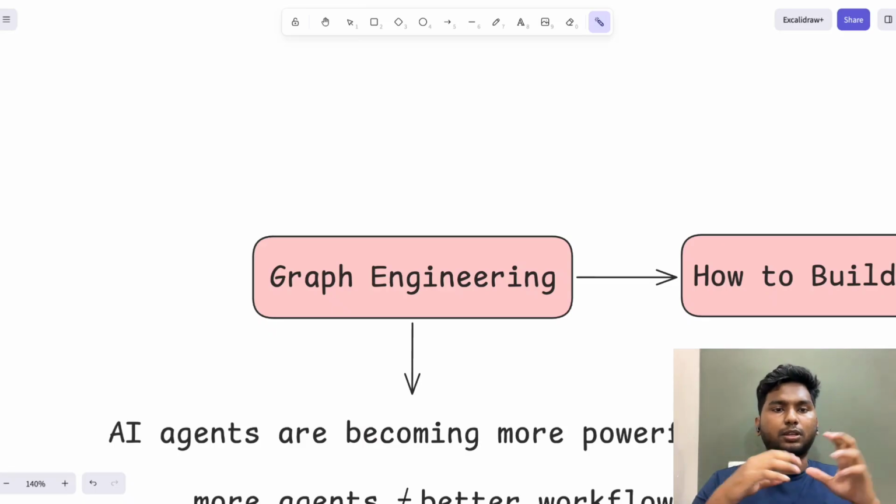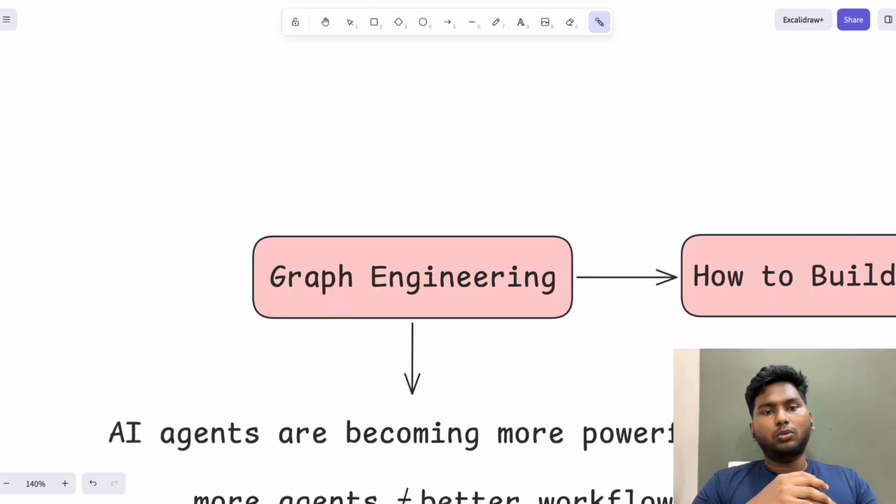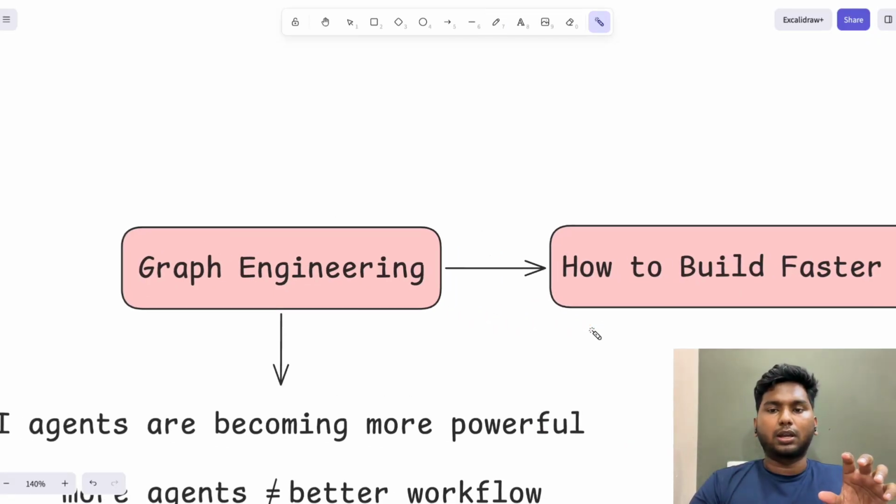The future of AI isn't just about more data. It's about understanding the connections inside that data. So in this video, I will be explaining what graph engineering is and how to build faster